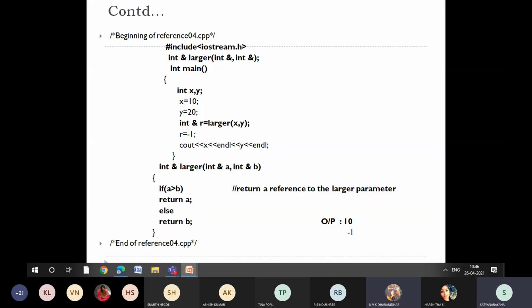So go through this program. I want someone to explain this, apart from the one who explained previously.